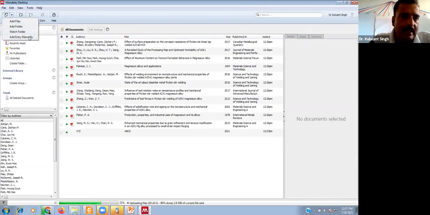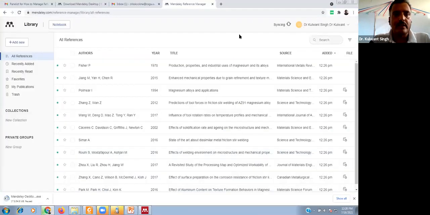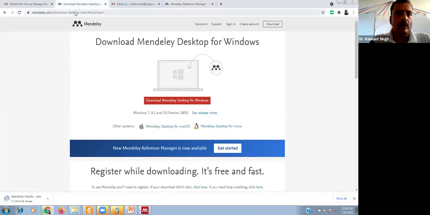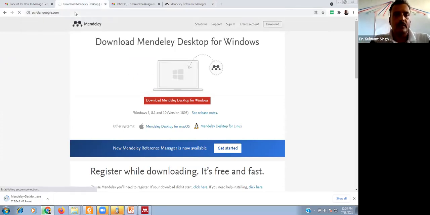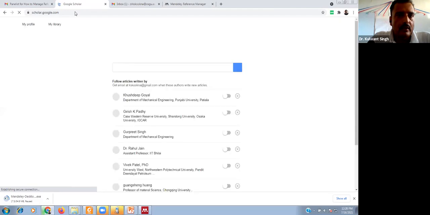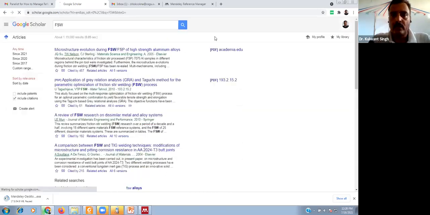And there is another option, because generally we prefer to search for documents online. Suppose you are searching for a document using scholar.google.com or any other search engine, using a keyword of your practice.